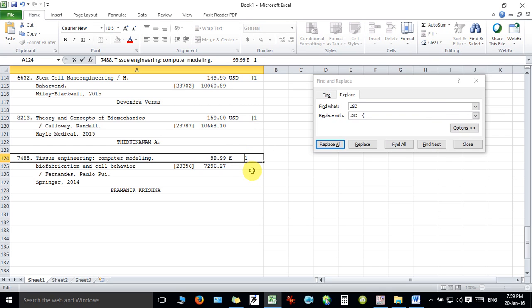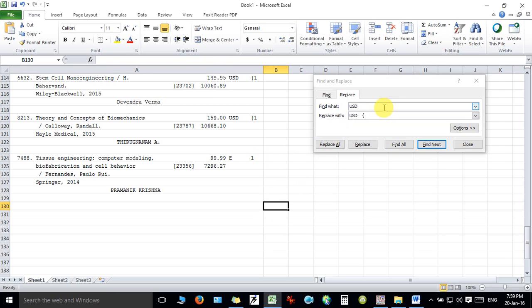1 2 3 4 5 6. So again I'll press 1 2 3 4 5 6. So I come to know that there is a gap of 6 spaces between the currency name and the quantity. Okay, let us replace this particular information. I'll enter here first one space, then press E, then 1 2 3 4 5 6.